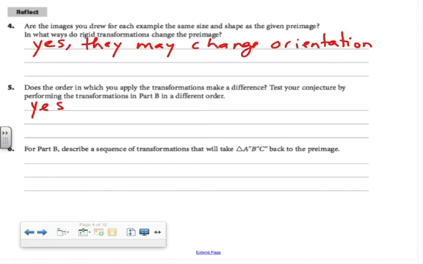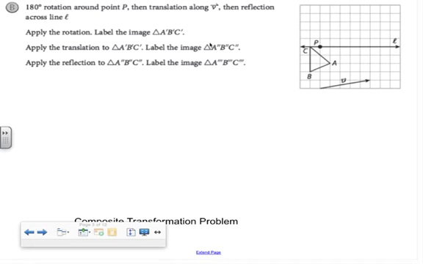For part B, describe a sequence of transformations that will take A double prime back to the pre-image. It's asking us what would I have to do to A double prime, B double prime, C double prime in order to land it back at its pre-image. And what I'd hope that you'd realize is that transformations are almost like equations. So think about what you do when you're solving for x. You're doing the opposite of what's been done to x. Similarly here, if I want to get back to my pre-image, I would do the opposite of what had been done, in the opposite order, of course. So since I'm talking about what I would do to this triangle in order to bring it back to the original,